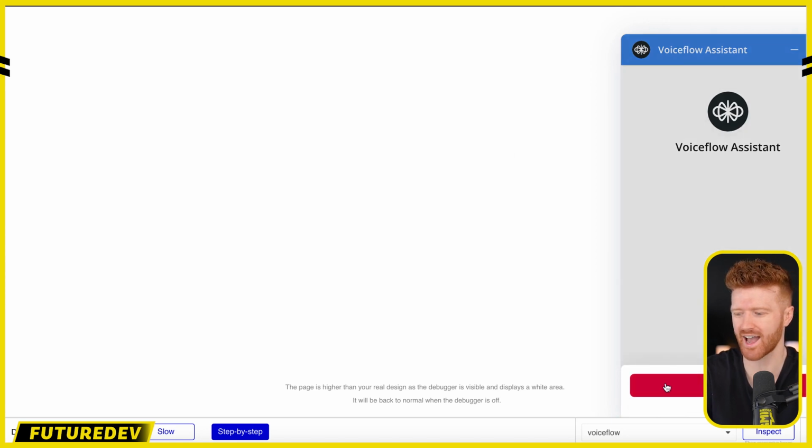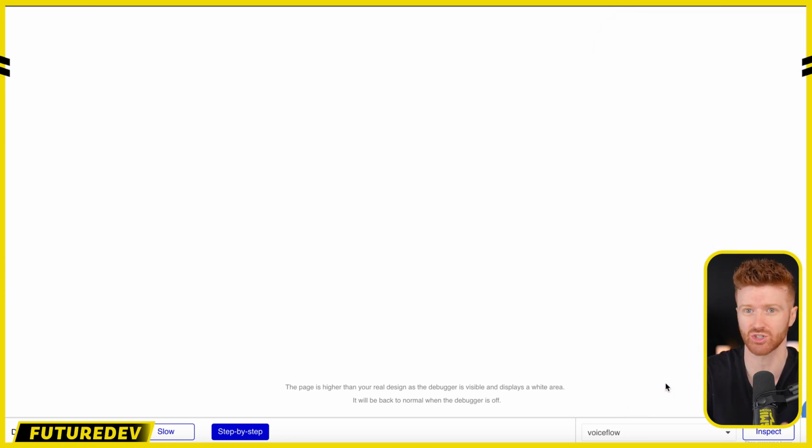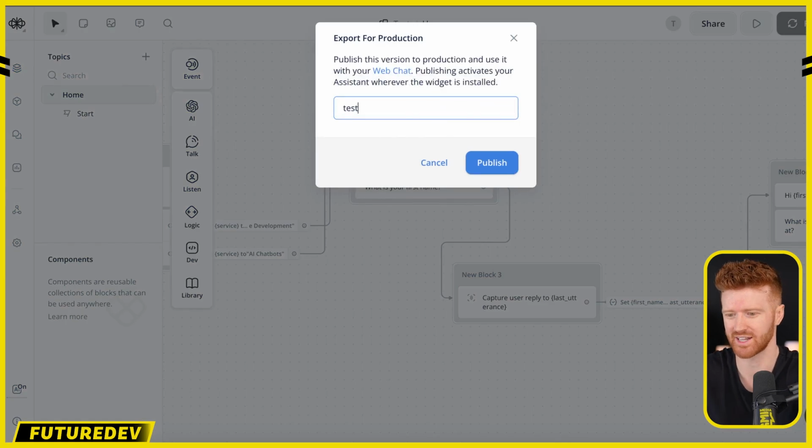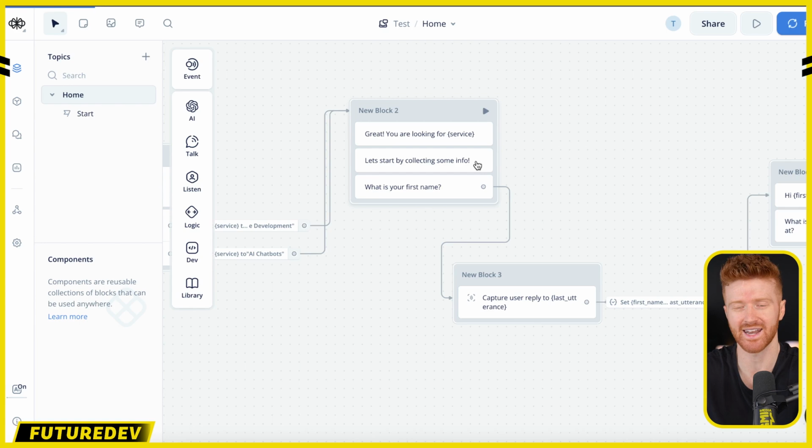So why didn't anything happen, or why didn't it prompt us with the initial prompt we gave it? Well, let's come back to Voiceflow, come back to our designer, and to actually make this work, you need to publish it. So we'll just give it a test name. You come up to the top right and click publish, and we publish it, and now it should go live. So every time you make even the most minor adjustment, you need to publish so it reflects on your live